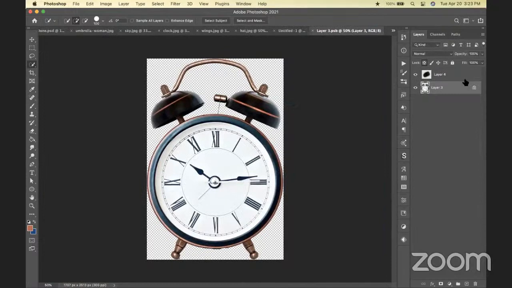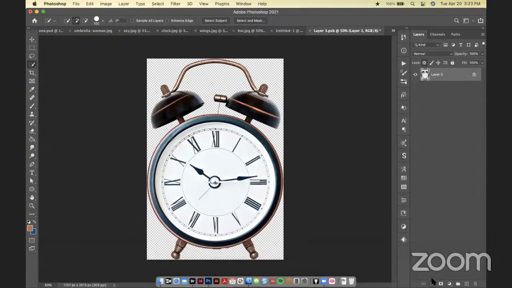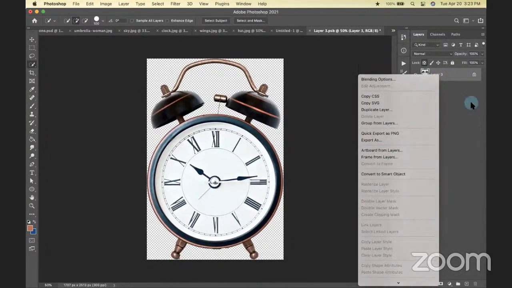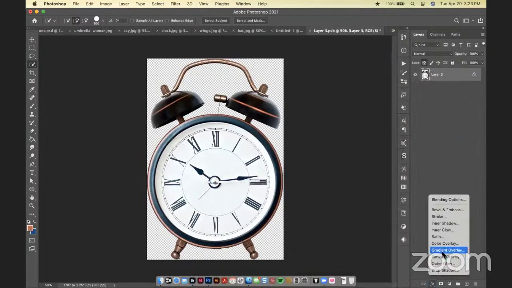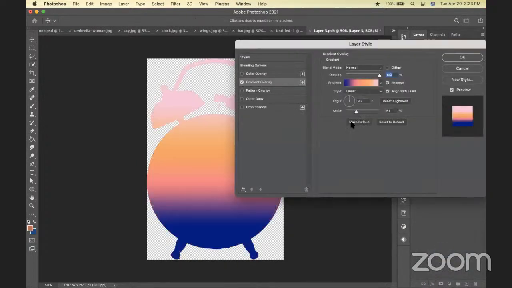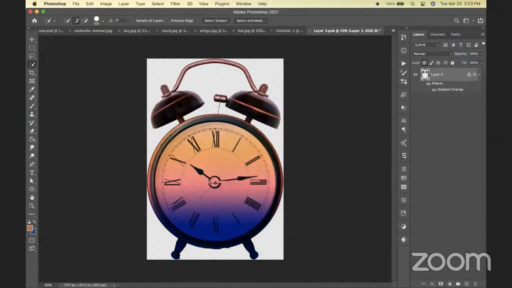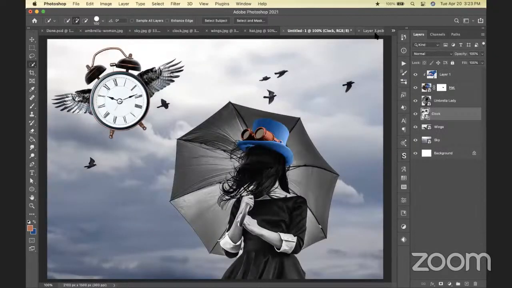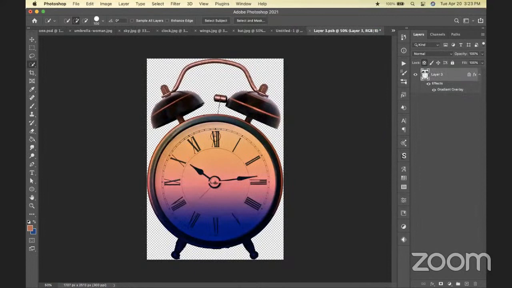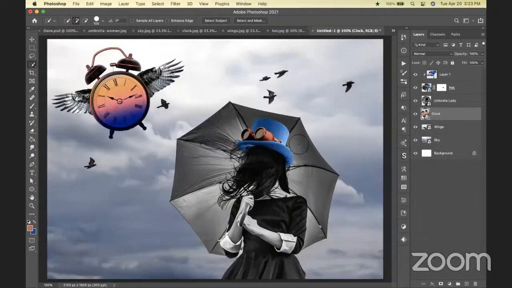So for example, let's just merge this for simplicity's sake, and let's say that I add a gradient overlay to this, like this. We'll change the blend mode to that, and we'll click OK. So let's say that now we're going to have our clock be like this. We've made this change. We don't see it here yet. Nothing's here yet. But when I go back to the suitcase, and I hit Command or Control S to save it and Command or Control W to close it, now we're back in our image